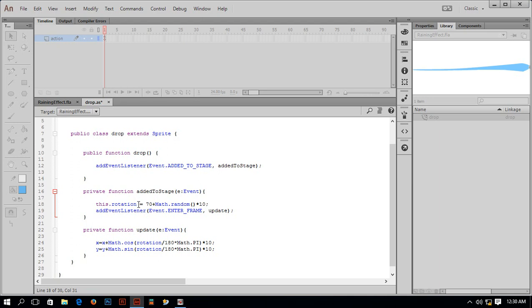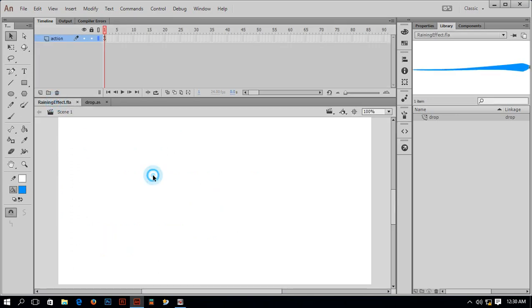That means this drop will be rotating between 70 and 80. Okay, and if I save this class and test it again, go to my raindrop.fla,